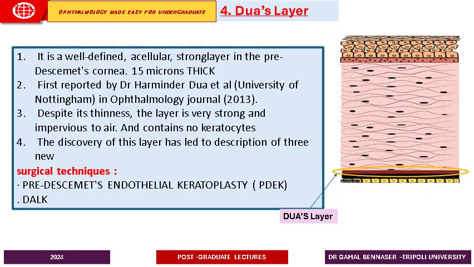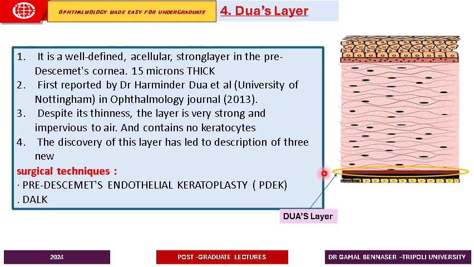Now the fourth layer after the stroma is known as the Dua's layer, named after the doctor who discovered this layer, Harminder Dua, in 2013. He's from the University of Nottingham. He's an Indian ophthalmologist, and this layer is around 15 microns in thickness, a very thin layer, lying in front of the Descemet's layer. And although it is very thin,